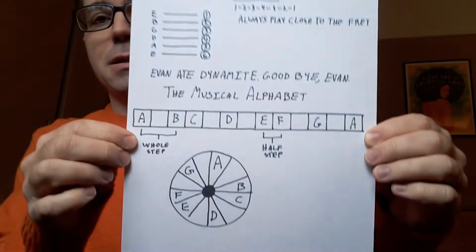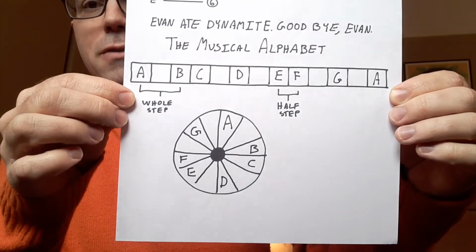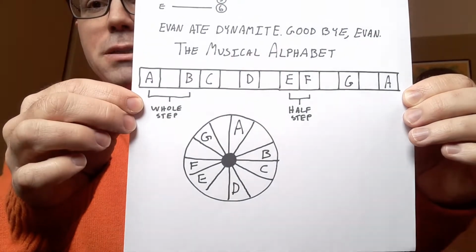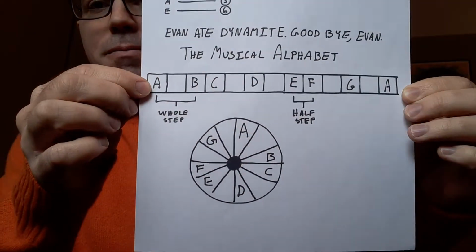All right, I'm going to attempt to explain the musical alphabet and how to find notes on the guitar or the bass using the musical alphabet. So, if you're a student of mine, you probably have access to this. I've got the musical alphabet drawn out in two ways here. I've drawn it out as a line up here,